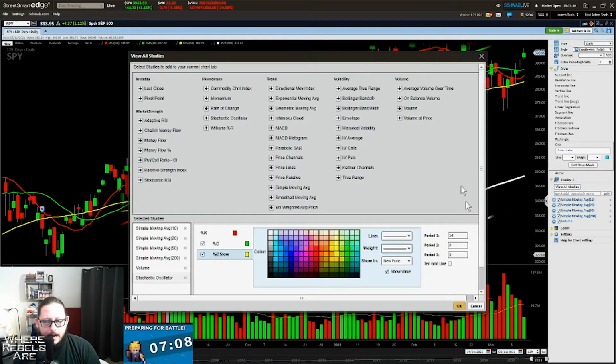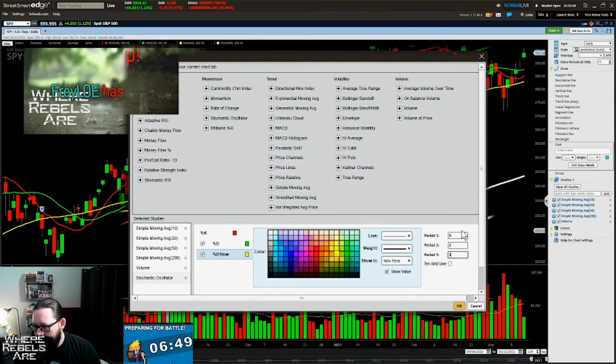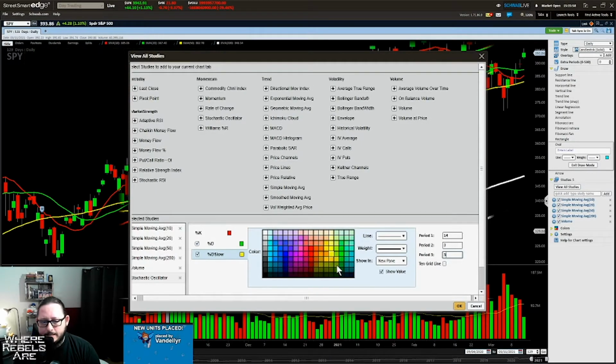All right, I'm not doing any study shifts, but just like the moving averages, if you want to speed this up, you could drop this to a, let's say, a 9 2 2 as an example. For a study shift, it will exponentially speed up the data that you have there because it's changing the study balance here. You could also slow it down if you really wanted to. But again, just from myself,